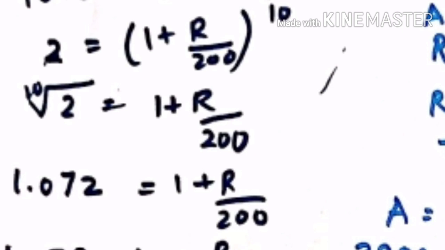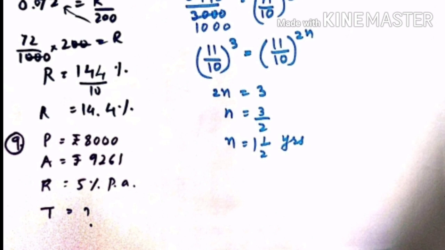Now students, in this question the value of the 10th root of 2 is given, that I have placed: 1.072 is equal to 1 plus R upon 200. Okay, now that value I have kept. You can see it is already given in the question, so you don't worry about the value. Now from the right side I will take 1 to the left side, it becomes minus, so on the right side R by 200. Now 1.072 minus 1 becomes 0.072 is equal to R by 200, and then 200 gets multiplied